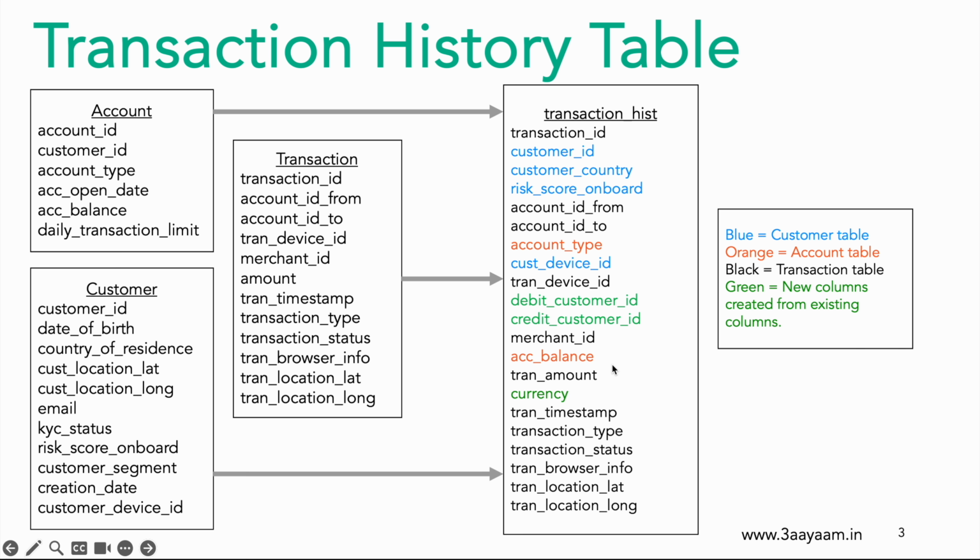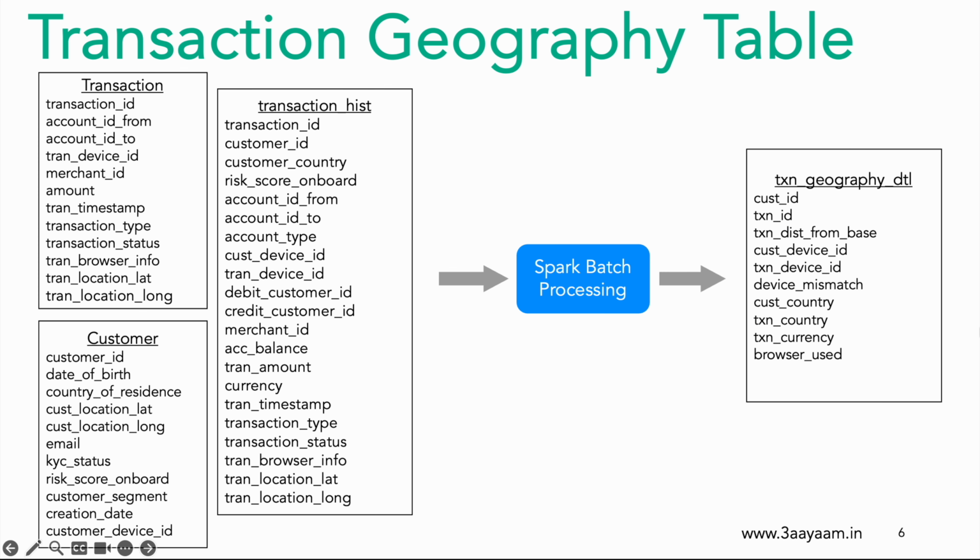The currency should be as per the source country. Then there is browser used, which can be retrieved from the transaction history table. So this is the third table that we are preparing or creating on Redshift. First was the transaction history, then transaction history aggregation count 5 years, and the third table is the